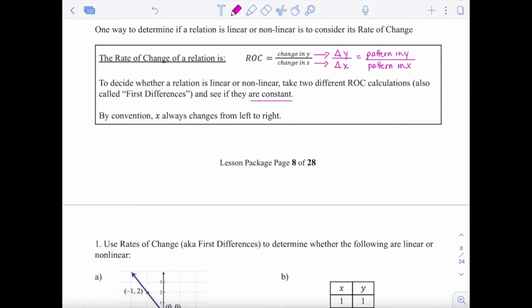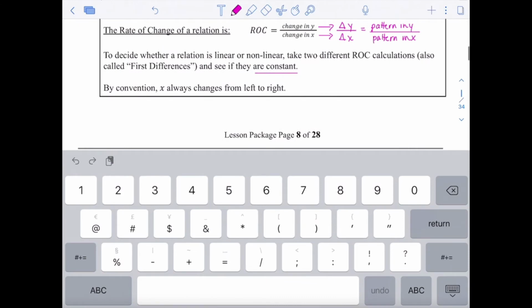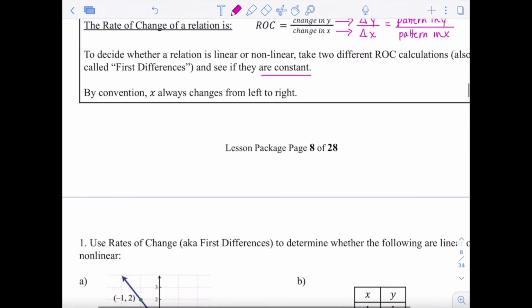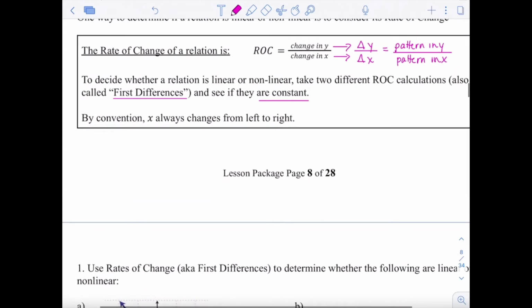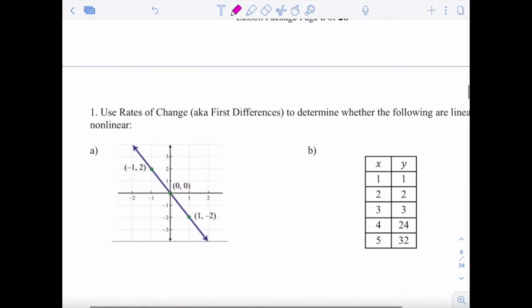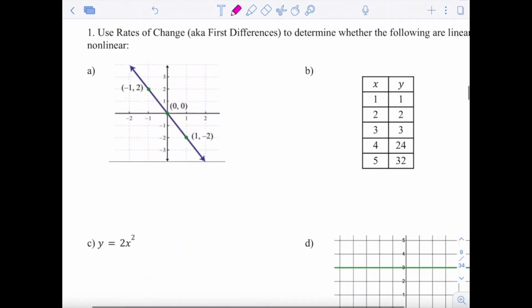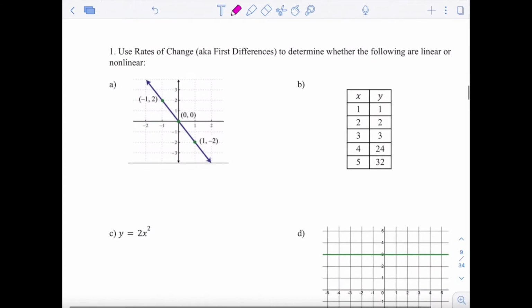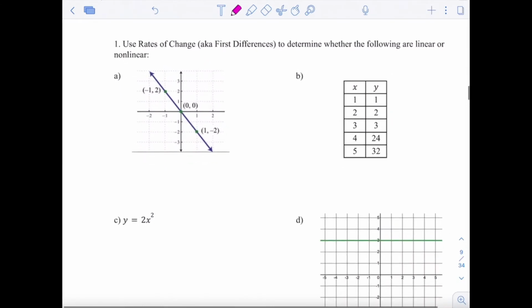And the word that we're going to use is constant. If the patterns are constant, then it is a line. Another word we might use to describe this is called the first differences. So differences meaning the difference from one Y value to the next Y value. Use rates of change, or in other words, first differences, to determine whether the following are linear or